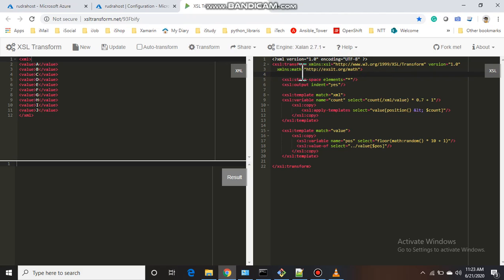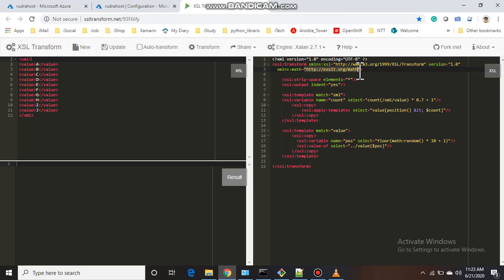That is called, you can see, exslt math. This is a library by which you can achieve some JavaScript functions in your XSLT code. You can access most JavaScript-like functions, and it adds some more ease and effectiveness to your XSLT code.